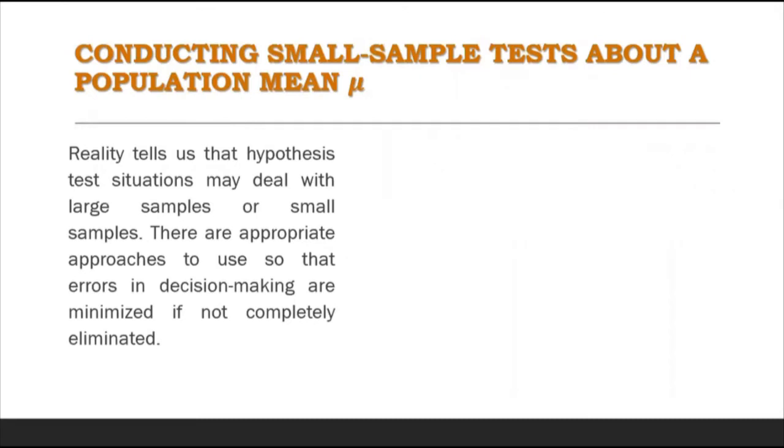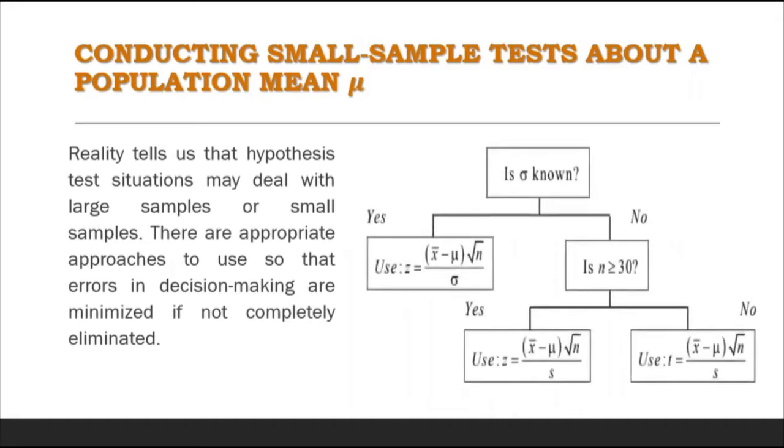Reality tells us that hypothesis test situations may deal with large samples or small samples. There are appropriate approaches to use so that the errors in decision making are minimized, if not completely eliminated. At this time, we are going to show the diagram of what we are going to use if the sample size is more than or equal to 30 or less than 30. And this diagram is